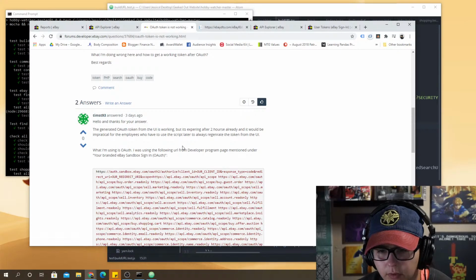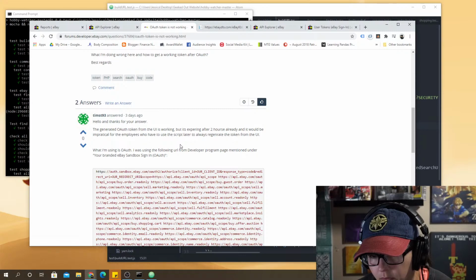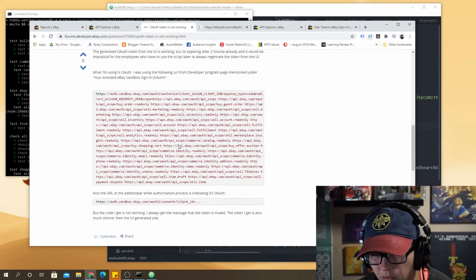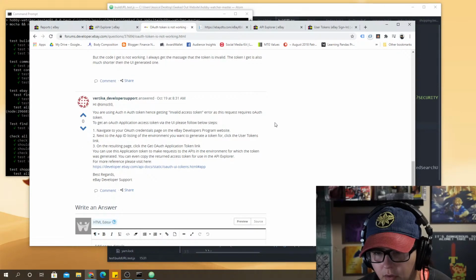The generated OAuth code from the UI is working, but it's expiring after 2 hours already, and it would be impractical for the employees who have to use this to always regenerate. What I'm using is OAuth. An auth and OAuth token, hence getting to get an application access token via the UI. Please